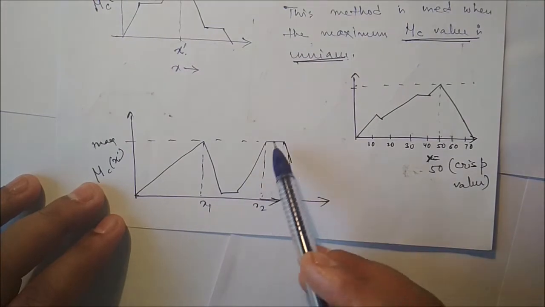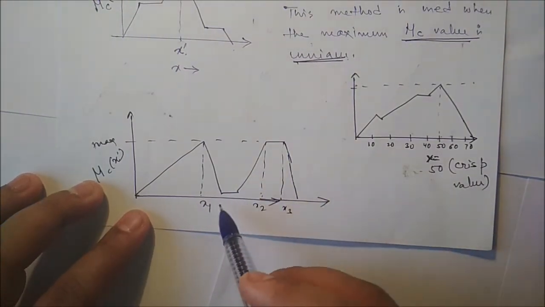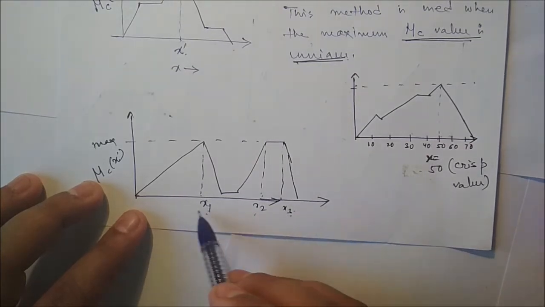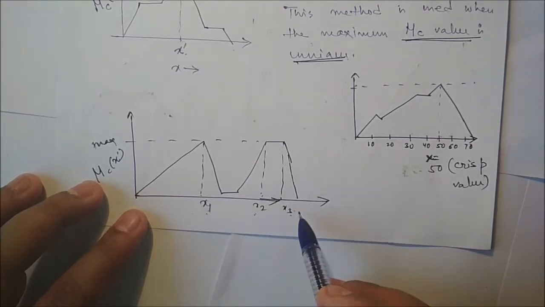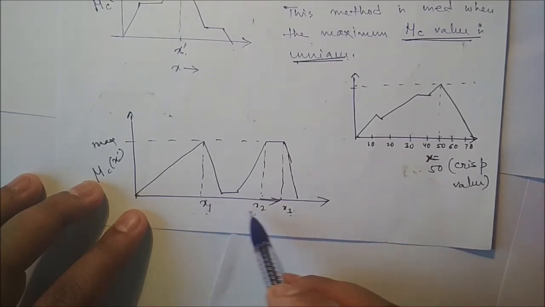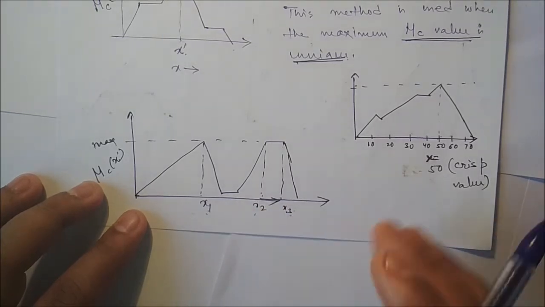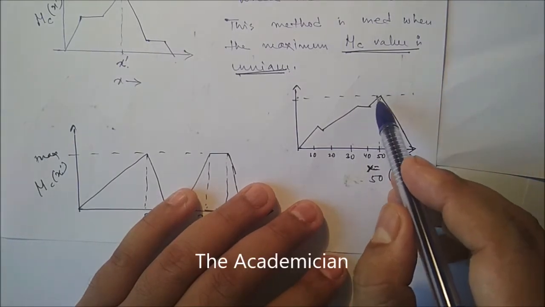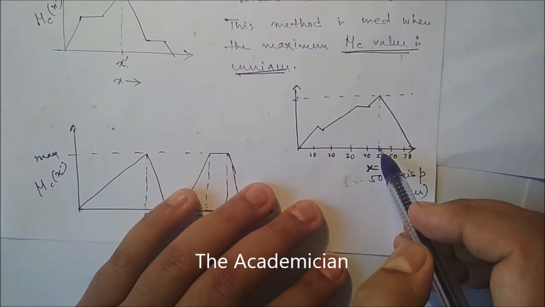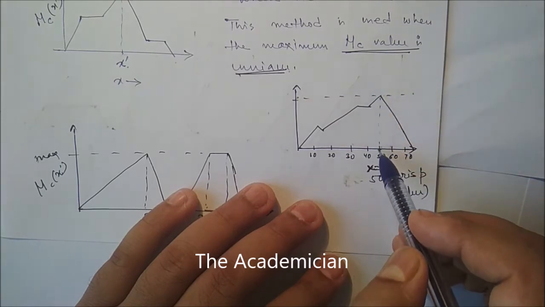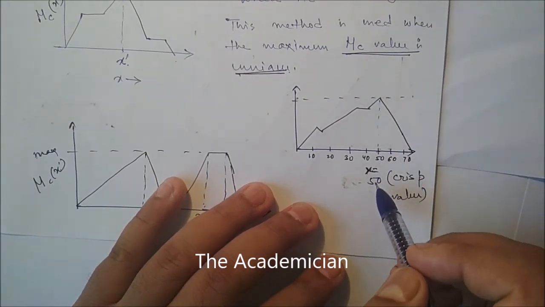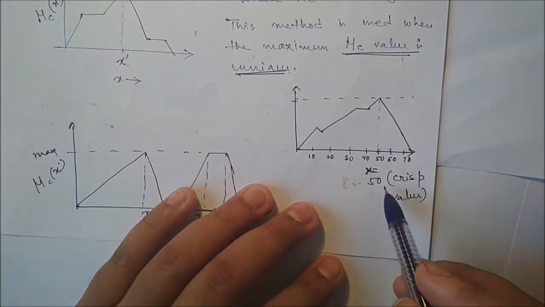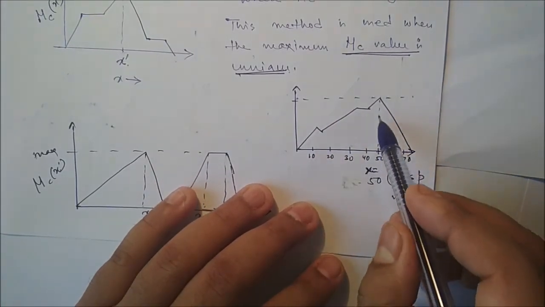Here is another fuzzy output. The maximum occurs at x1, x2, x3, three values are there, so it is not unique. Since it is not unique, we cannot apply the height method here. We can apply the height method if the maximum membership value is a single one. So if the maximum membership value is at x equal to 50 in a fuzzy output, the associated crisp value will be 50, when the membership value is maximum.